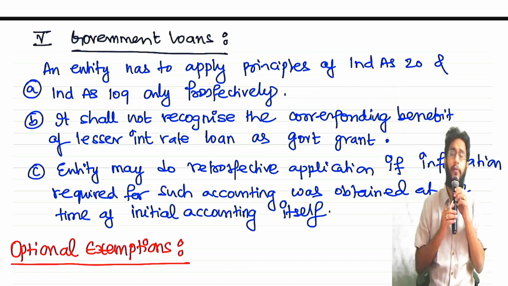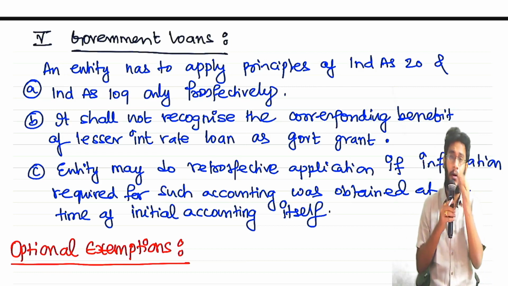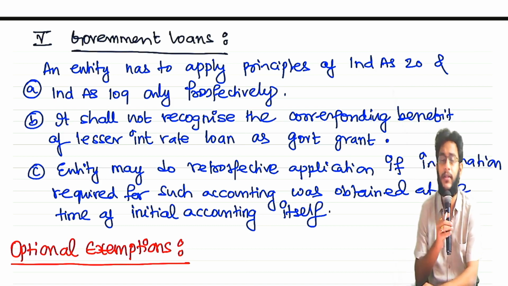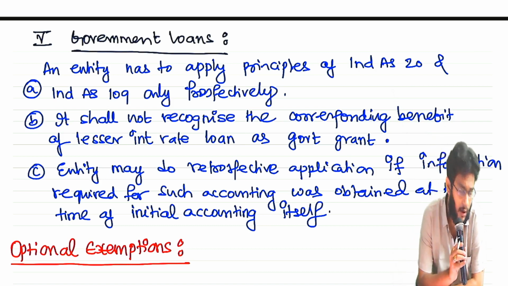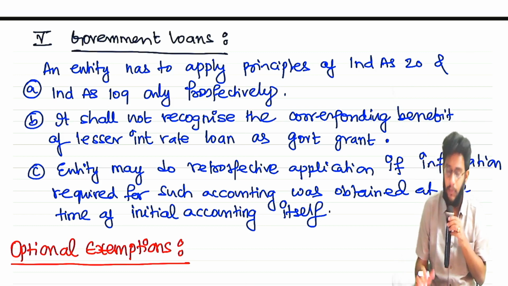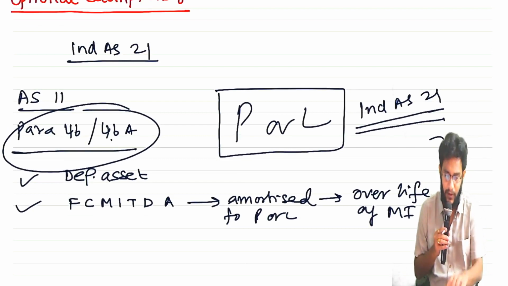So guys, in the previous session, we were doing Ind AS 101. We have covered all the mandatory exceptions. We have discussed a few of the optional exemptions, and a couple of very important exceptions are yet to be discussed, and a lot of questions are there. But before we move further, it's better we put a note to all the concepts we have covered in optional